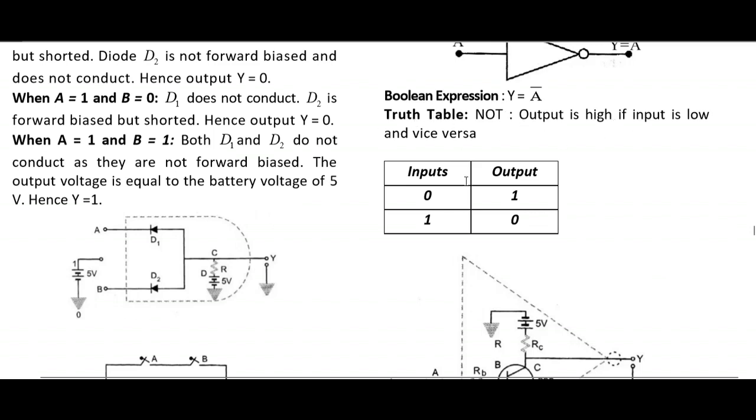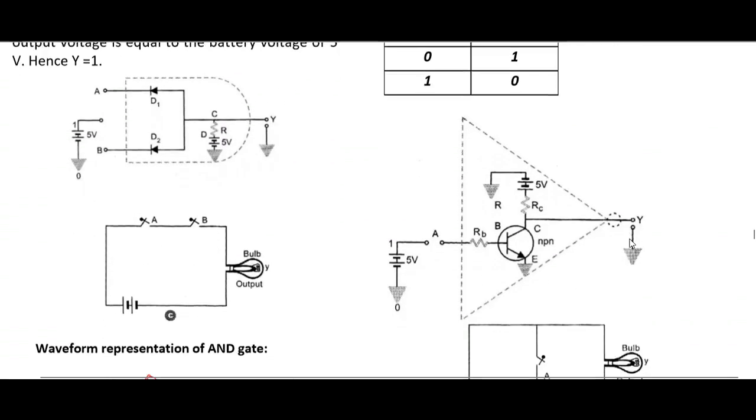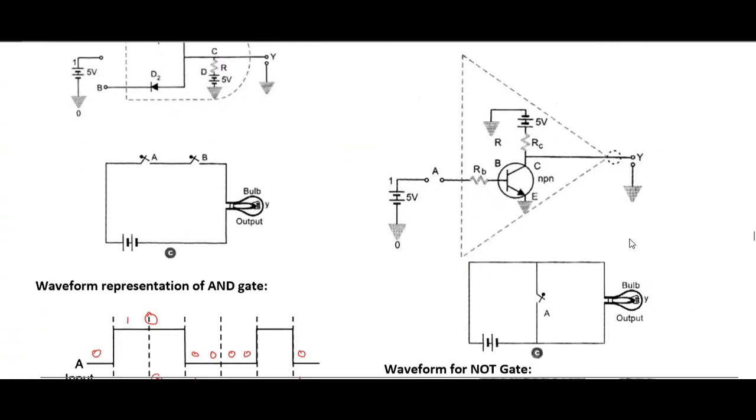Output is high if input is low. Input 0, output 1. Input 1, output 0. It just reverses the input. Now there is a transistor representation of